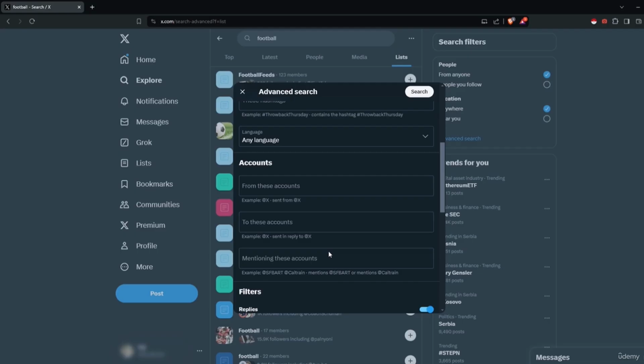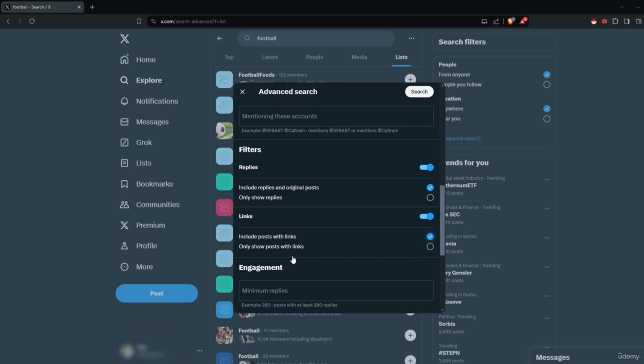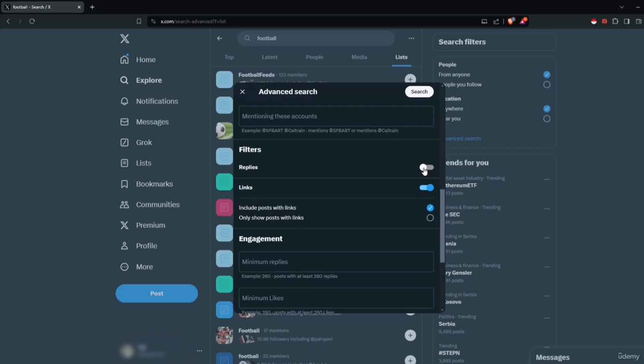The difference is that user A can tweet something in response to someone, then it will fall into the second category. Or they can just tweet something not in response to anyone, but still mention a few accounts, and it will fall into the last category, which is mentioning these accounts. Next up is the filters section. In a case where we are looking for a particular tweet, we can turn on or off the replies, so it either shows them to us in our results or it doesn't. So if you don't want to see the replies, you just click on this one, you uncheck it, or if you want to see the replies, you just select it.